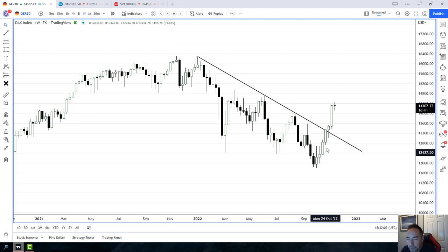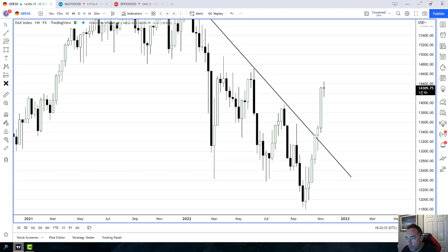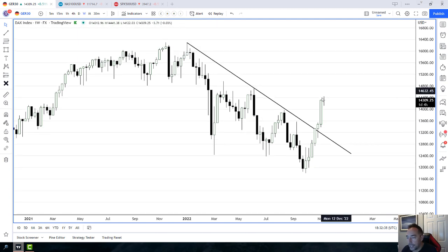lower lows, but we have broken out, okay, and not just broken the trend line, but we've actually changed cycle on the weekly, and that is because the price action was making these lower highs, as you can see, lower lows, but now we've made a higher high, and we've had 1, 2, 3, 4, 5, 6 weeks of buying. And this week at the moment, with 1 day left of trading, is actually a doji candle at the